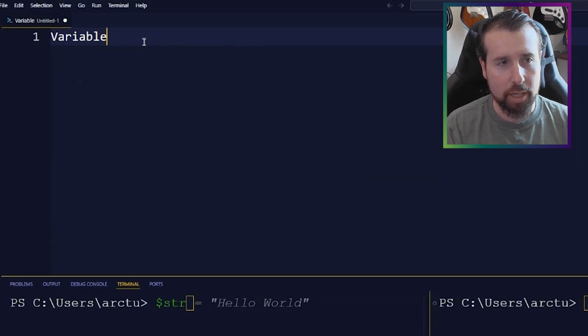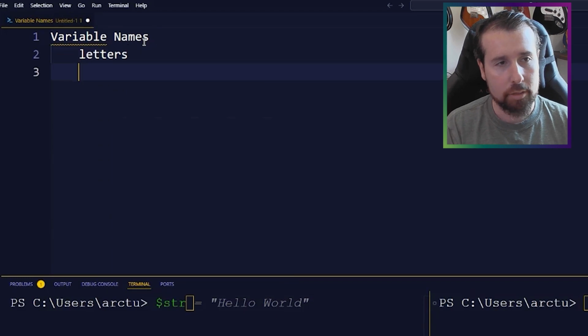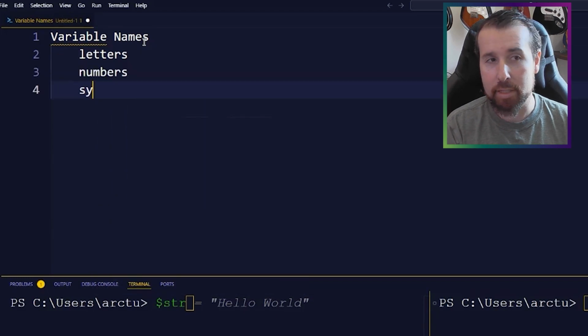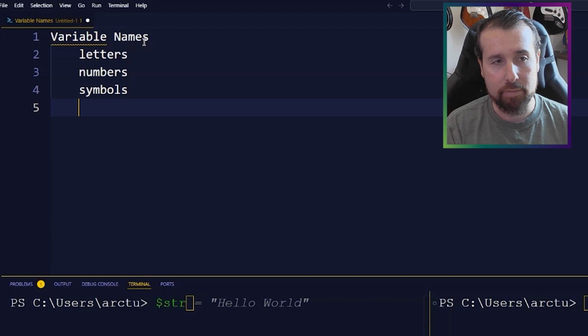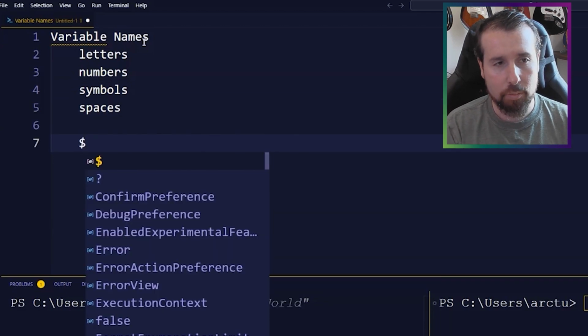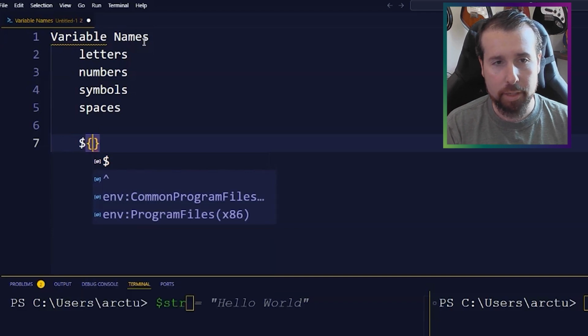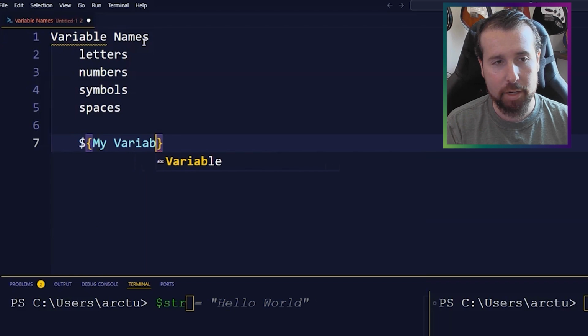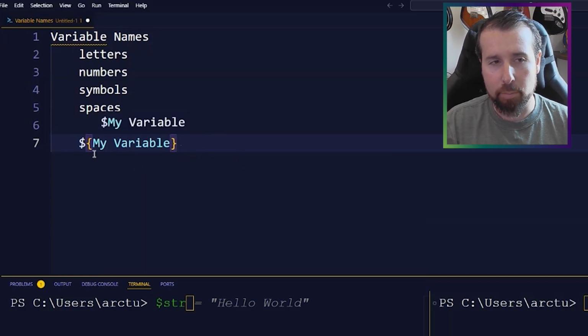Now, variable names can contain letters, numbers, and symbols, and they can even contain spaces. But to do this, we have to put our variable name inside braces. So here, if we wanted to name our variable "my variable" with a space in there, we can do that. We just have to put it in braces so that it knows that everything inside the braces is the variable